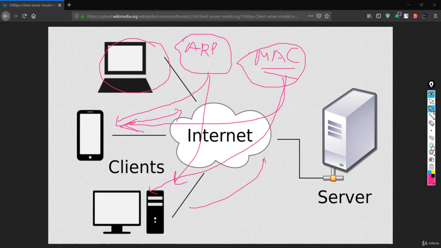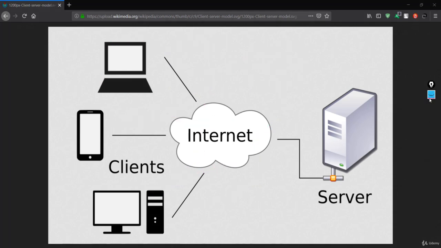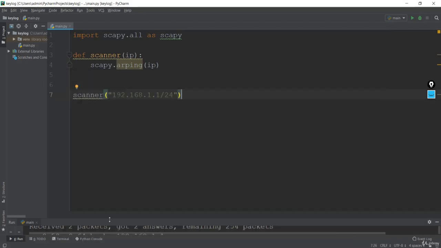First, as I've already said, the first task will be to create the ARP request. So now we have to modify this code over here. First of all, we have to make use of the scanner function.